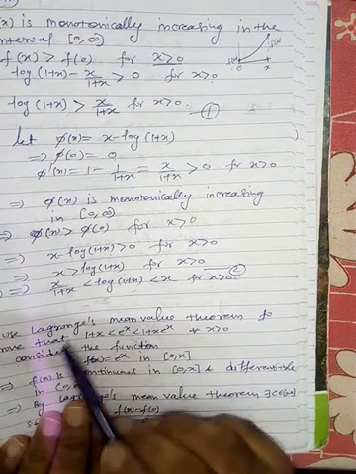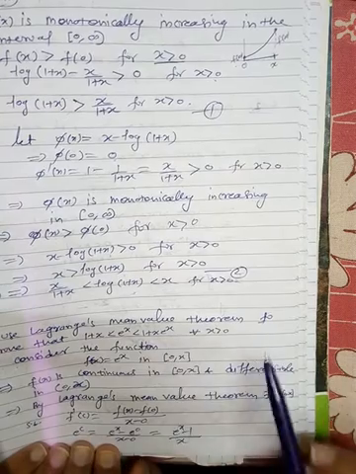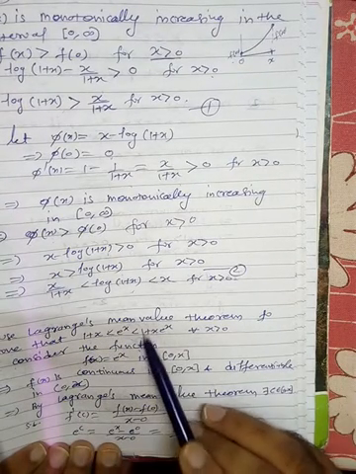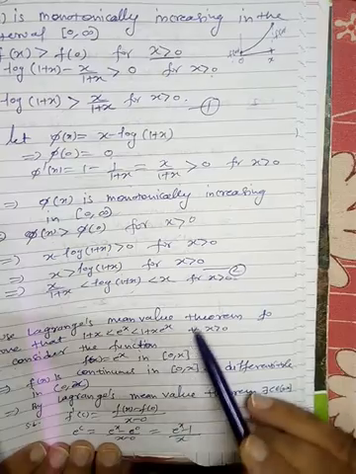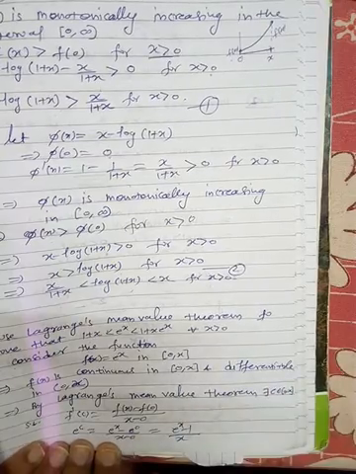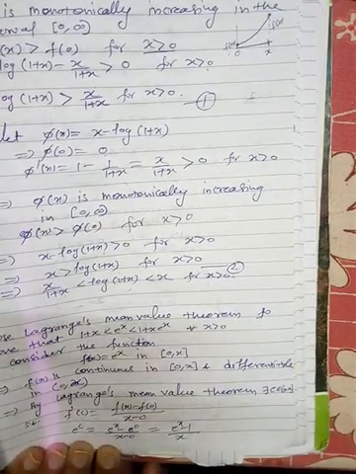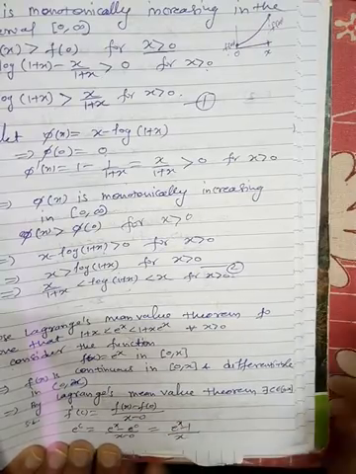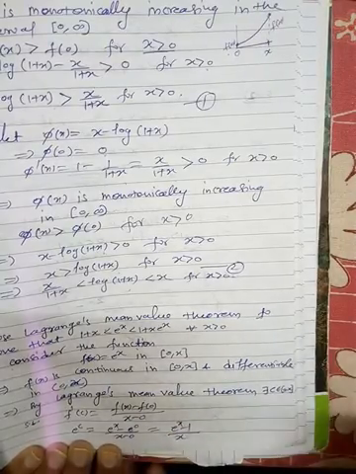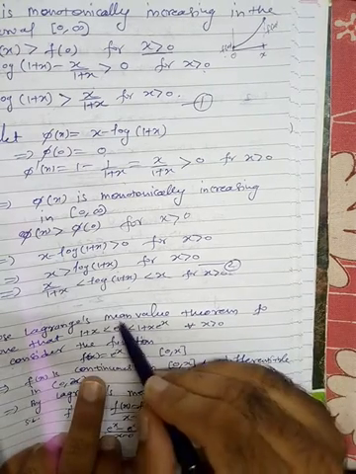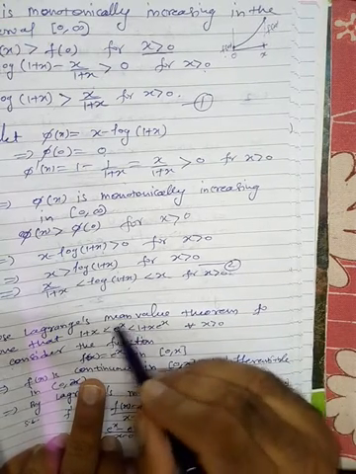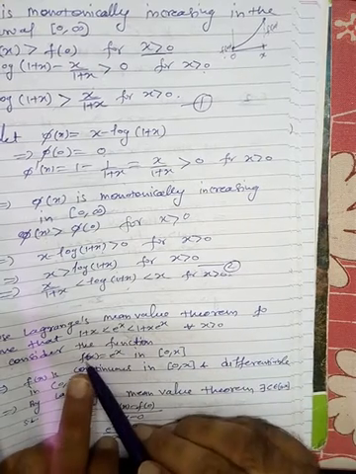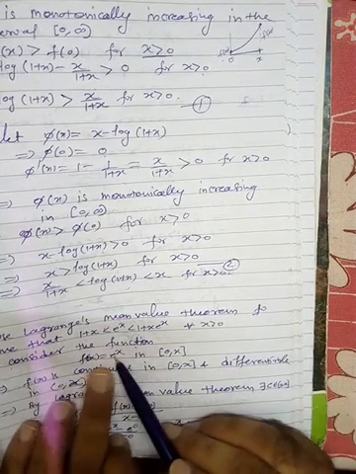Fine. So use Lagrange's mean value theorem to prove that 1 plus x is less than e raised to the power x, which is less than 1 plus x e raised to the power x, for all x greater than 0. तो कैसे इसमें एस्टैब्लिश करना है? Here we are not doing it with increasing decreasing, we do it with Lagrange's mean value. So whatever the intermediate function here, जो भी यहाँ लिखा हो इनइक्वालिटी के बीच में, we have assumed this as a function f of x is e raised to the power